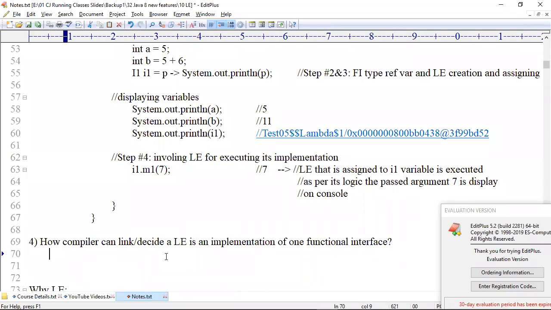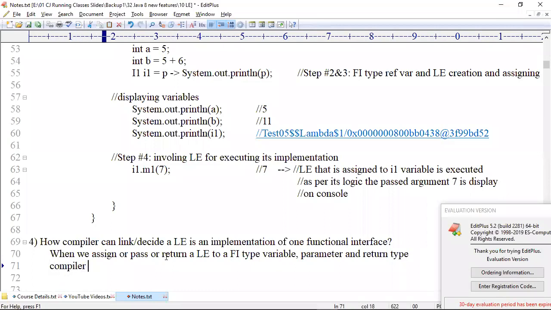Answer: when we assign or pass or return a lambda expression to a functional interface type variable, parameter and return type, the compiler links this lambda expression to this functional interface.